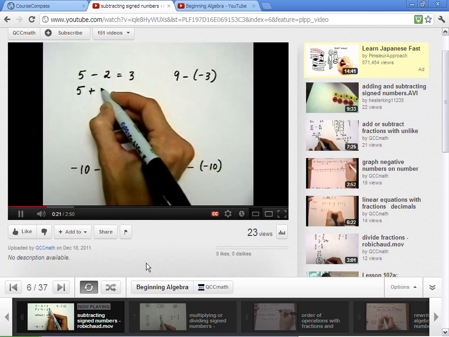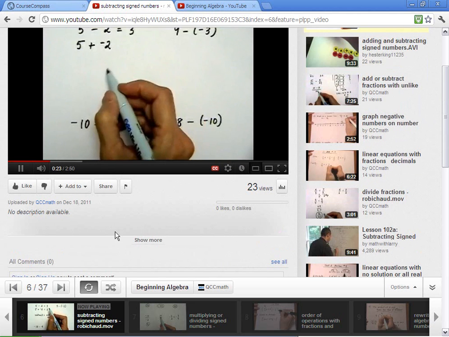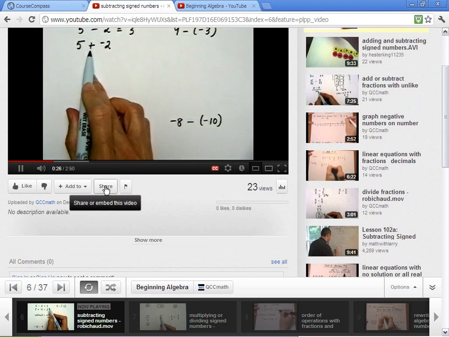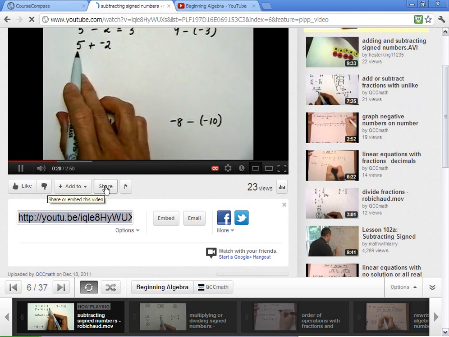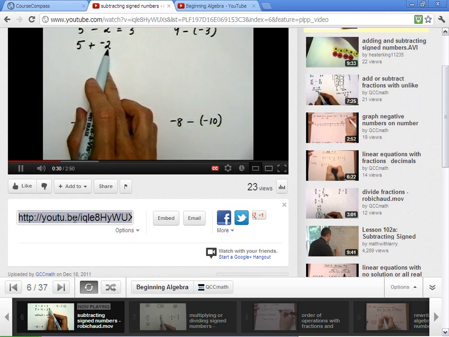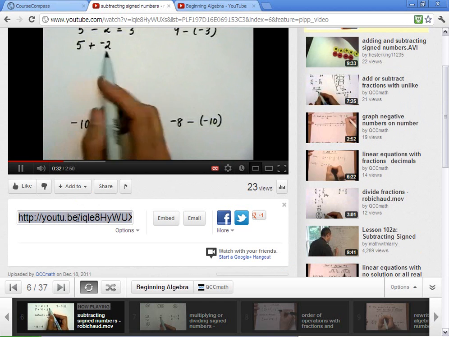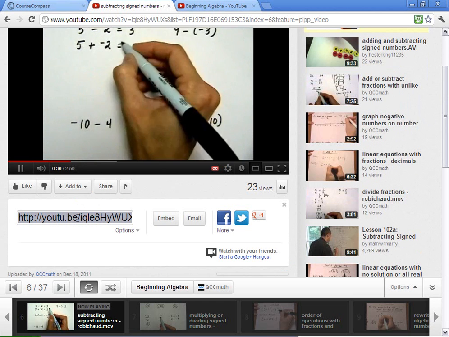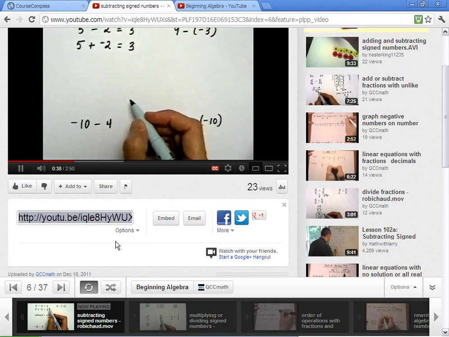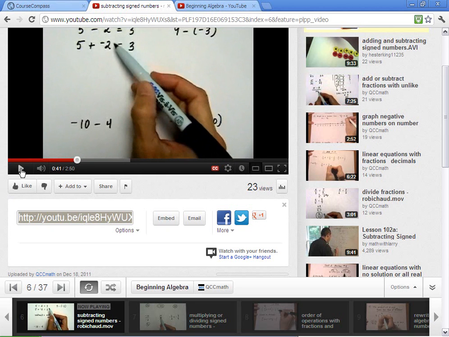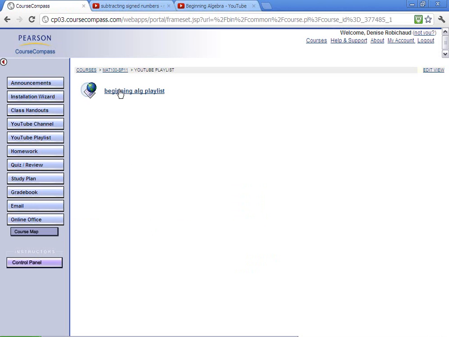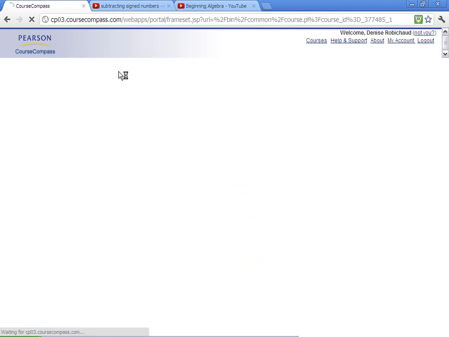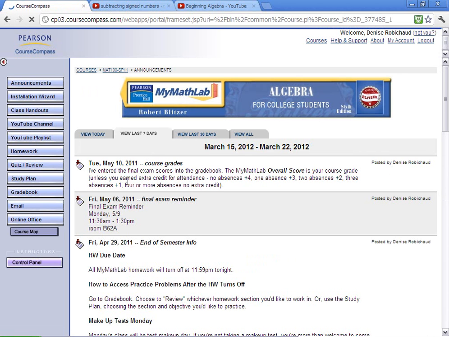Alright, so you click on the video you want so that it starts playing, and once it's playing you see the share button. Click share, and now the URL address that you're given here that's highlighted is the URL address for this particular video. So now I'm going to do Control-C, and let's go ahead over to my MATLAB again,